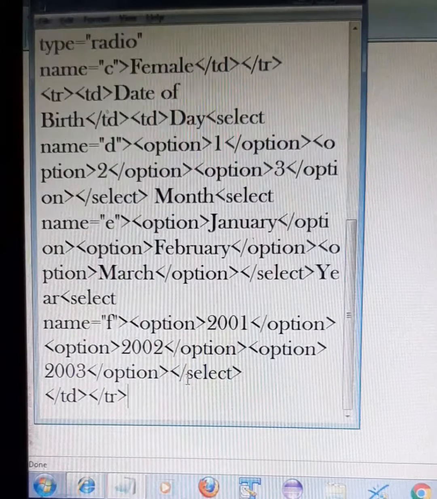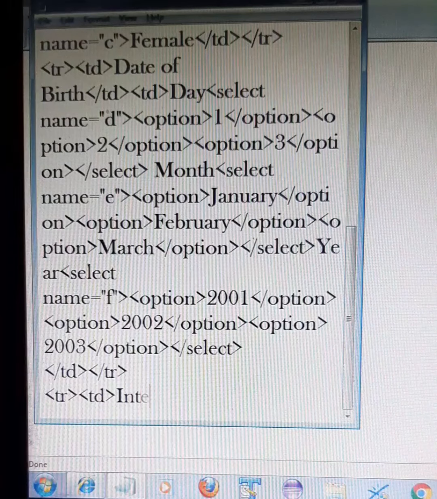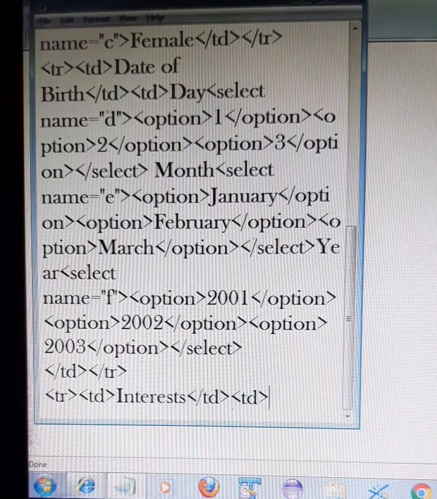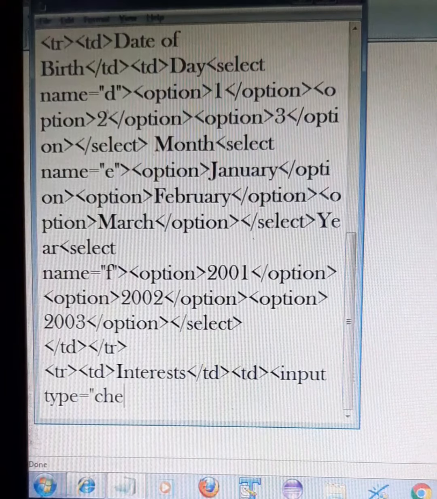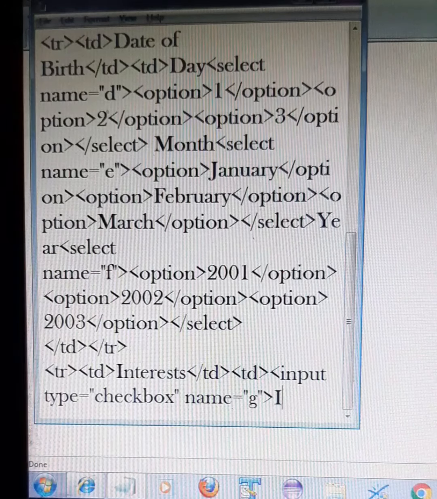Okay, then I want to ask about some interests from the user. So I'll write here TR, TD, interests. This is TD. And then the other TD is going to give us some checkboxes. Suppose I write here input type is equal to checkbox, name is equal to G, and here I am writing IT.